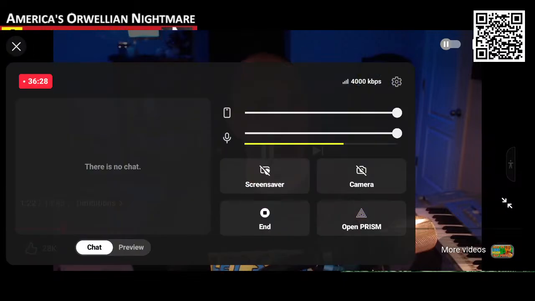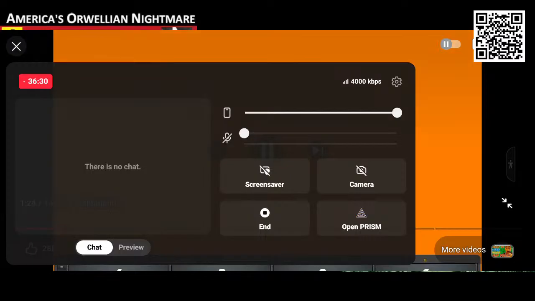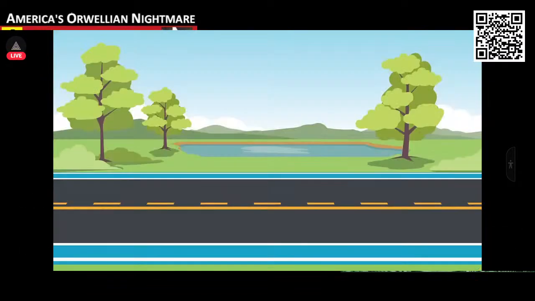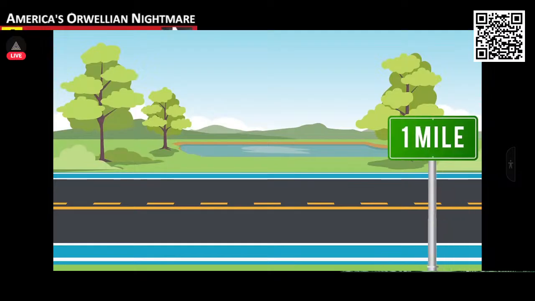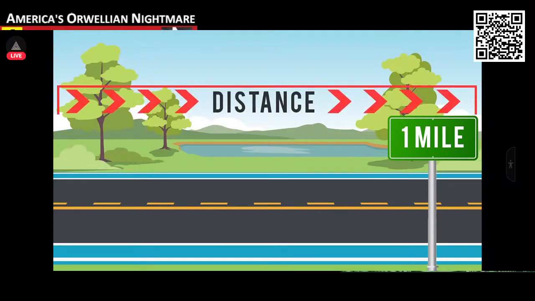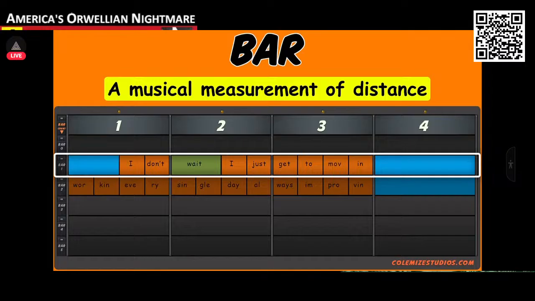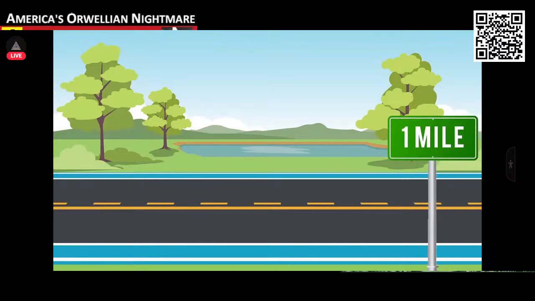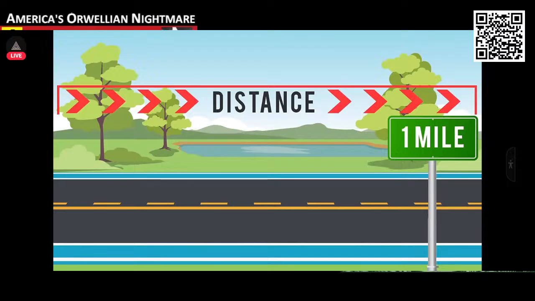Few very important words that you need to understand as a rapper. The first one is bar. A bar is a musical measurement of distance. Just like in the physical world, we use miles or kilometers to measure distance. And by using bars as a measurement, it makes it easier to communicate the length of something musical. For an example, instead of me saying, hey, I need you to write a verse for me that's 1 minute and 13 seconds, I can say, hey, I need you to write me a 16-bar verse.